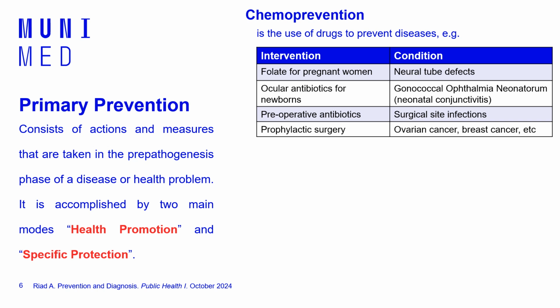So in high-risk women who have a family history of ovarian cancer or breast cancer, we can do mastectomy or oophorectomy, which is the removal of the breast or ovary, in order to prevent them from getting these dangerous cancers. Okay, this is another type of example for primary prevention. Then we have behavioral counseling, which is when the physician spends some